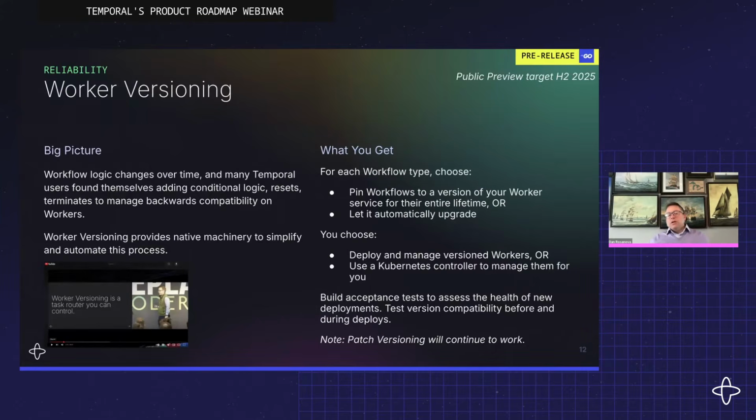Worker versioning is another one. Workflows run a long time. They're stateful. That's their whole value. And that's great. And we make that a lot easier than it would be to do on your own, but it does come with some baggage that you might want to change logic over time. And so you need to figure out what that means for your running workflows. So traditionally people have solved this with conditional logic, and doing a lot of just heavy lifting themselves. To do this, what we're introducing in this pre-release for worker versioning